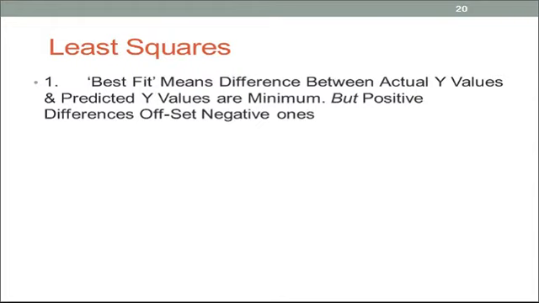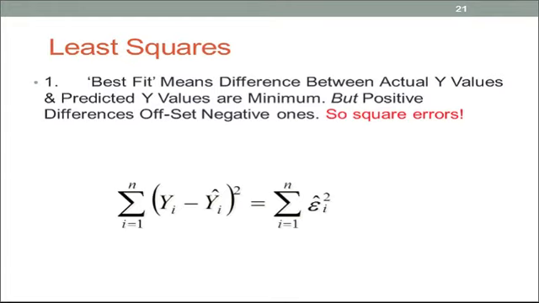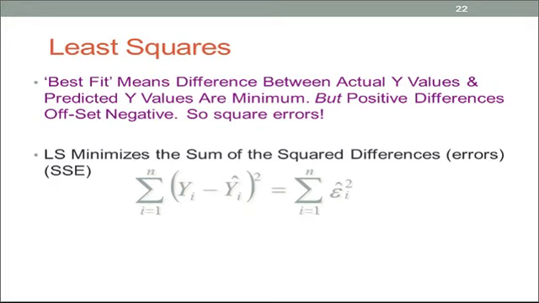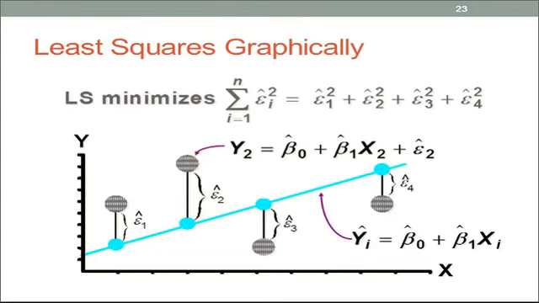So how do we find this? It means that we want to find out the best fit. This best fit means that the actual y values and predicted y values have the minimum distance or the minimum error. Now when we say minimum distance or minimum error, the error could be positive or negative, but we don't want to cancel out these positive and negative effects, so we square the errors. So we can write yi minus yi cap the whole square, and the summation of all these squared differences is equal to the summation of epsilon i square, which is the residual square. This is also called the least square error, and this is the sum of squared error, which is a parameter SSE.